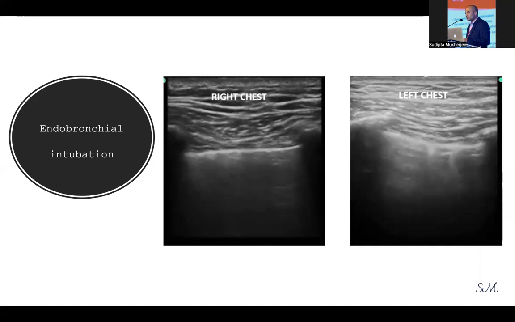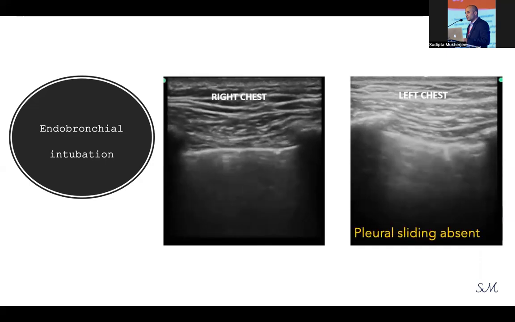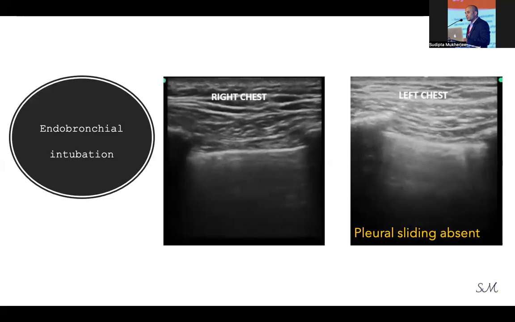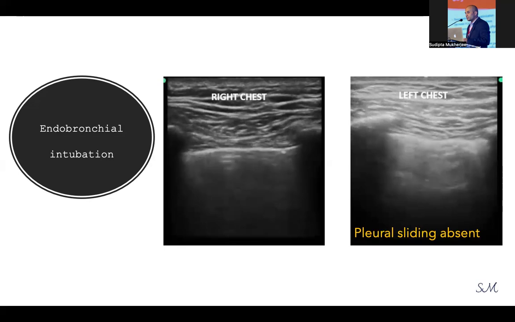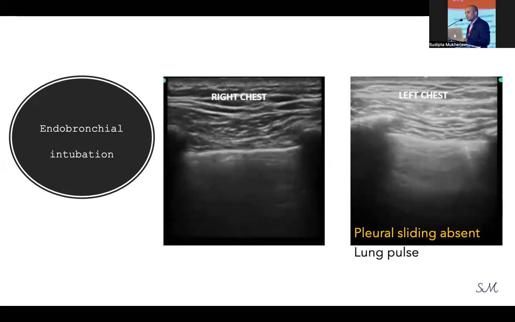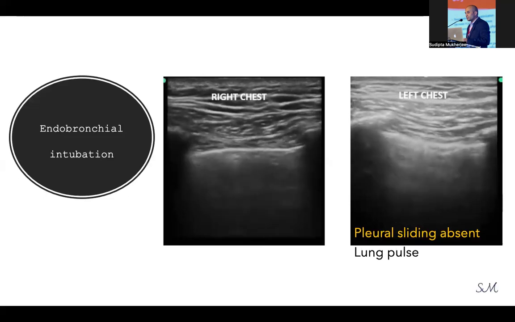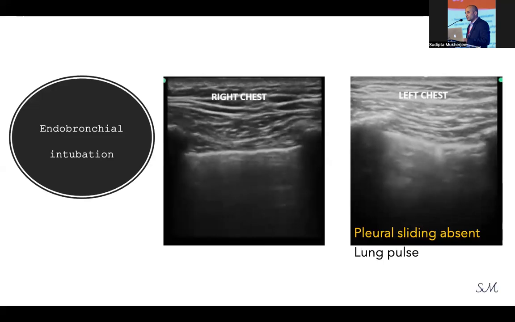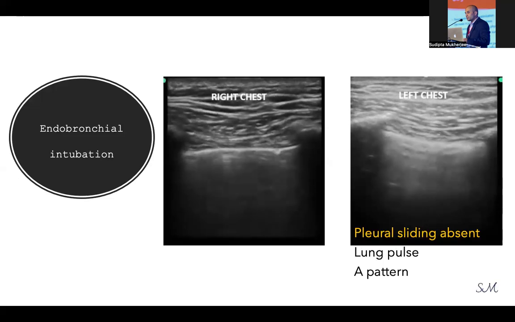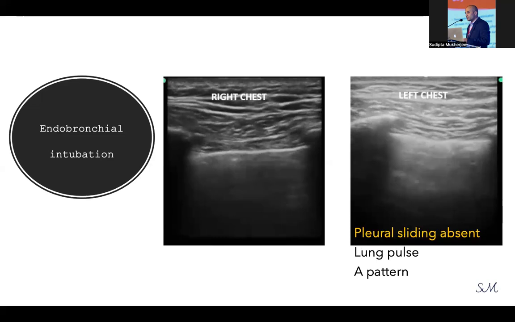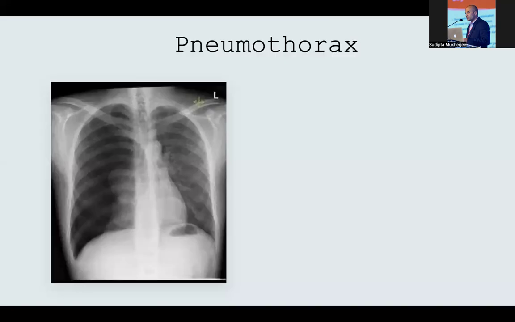Here, what will happen in the left side? Because of no ventilation, there will be pleural sliding absent compared to the right side. The left side pleura has a jerky movement, but that's not sliding. This is called lung pulse, and you can see the rate of movement is very high, not correlated with the respiratory rate, but nearly as high as the heart rate. And there is a pattern till the lung air gets absorbed and the lung becomes solidified or totally collapsed. So this indicates a right-sided